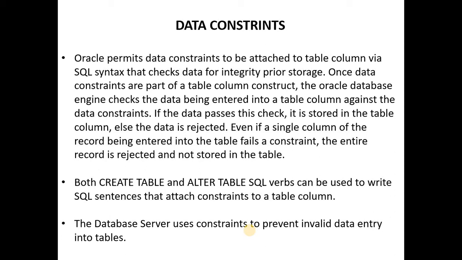That is to say, like there is an age column. Age has to be always more than 0. If a user is trying to enter minus values, then that should not be entered. Thus, to prevent this kind of invalid data entry into the table, we can use a constraint and say that in the age column only data which is more than 0 should be entered, right?